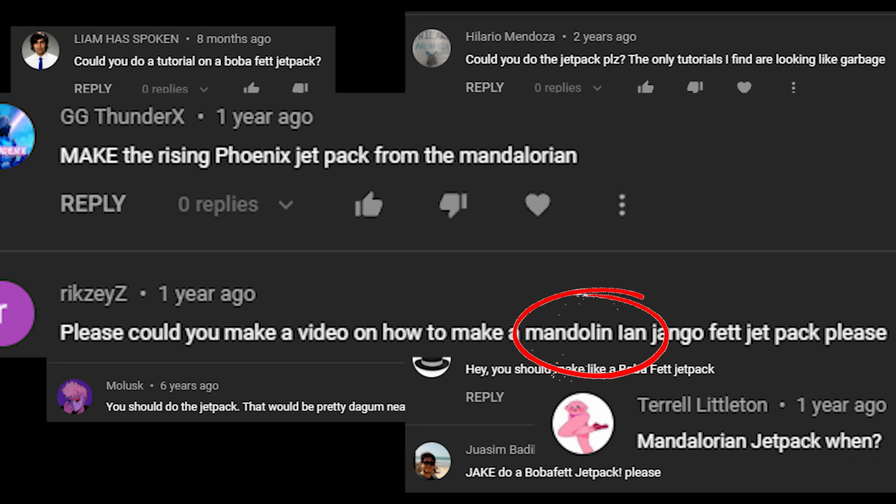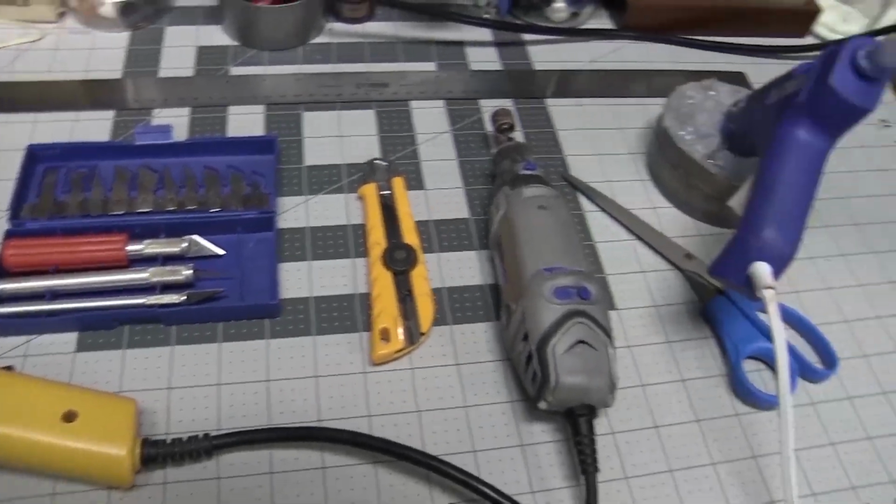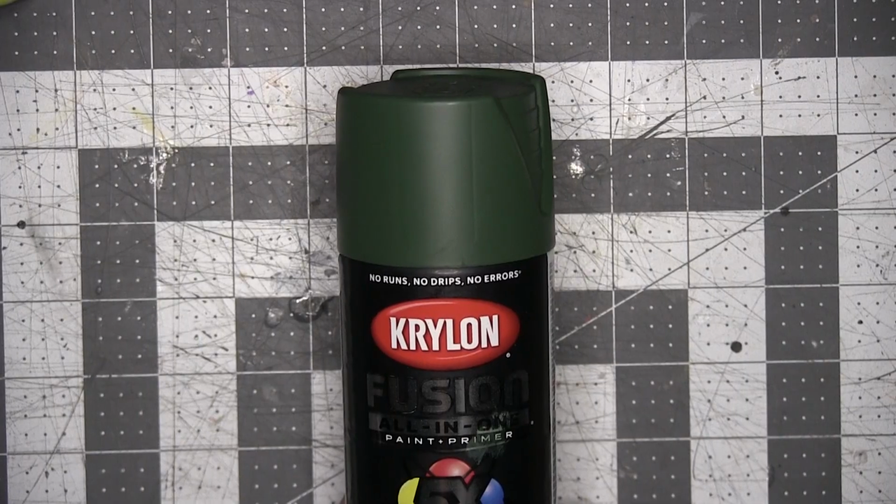That one. That's my favorite. Today I'm going to show you how to make Boba Fett's jetpack. Let's get into it. For this build, I used EVA foam, craft foam, coffee foam, putty, super glue, green paint,